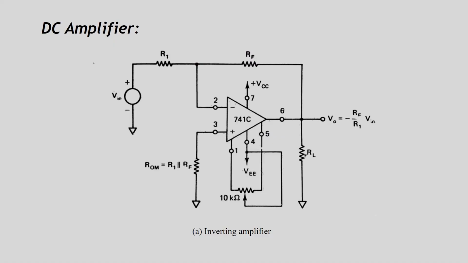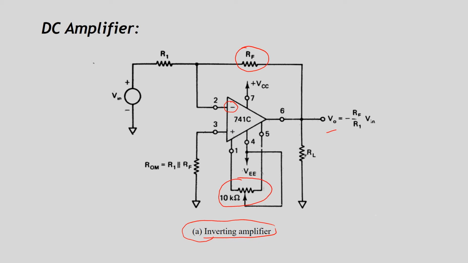So this is the first DC amplifier, and you can see it is in inverting configuration, and that is why this is called inverting amplifier. The input DC is applied to the negative terminal, that is why this is inverting. So feedback resistance RF is there, and the output V0 becomes minus of RF by R1 into Vin. You can see here in this figure.